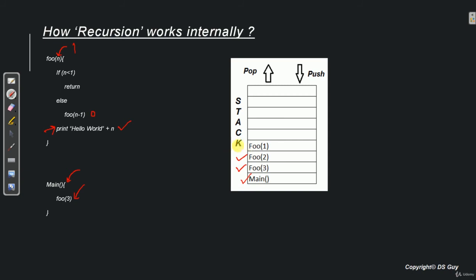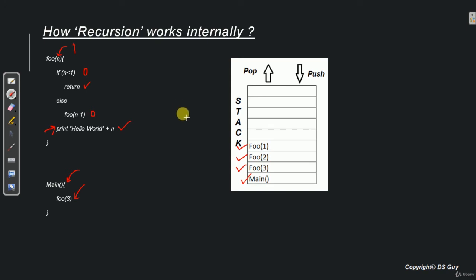So it will store foo1 in the stack and it will call foo 0. Once foo 0 is called, it says if n is less than 1. Yes, it is less than 1. Right now the value is 0. So it simply returns. Now once foo 0 has returned, that means foo 0's work is done.